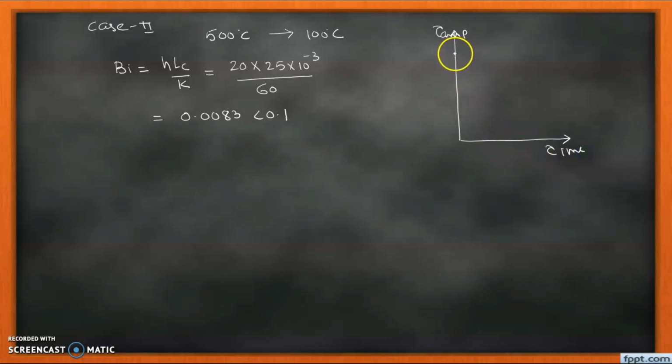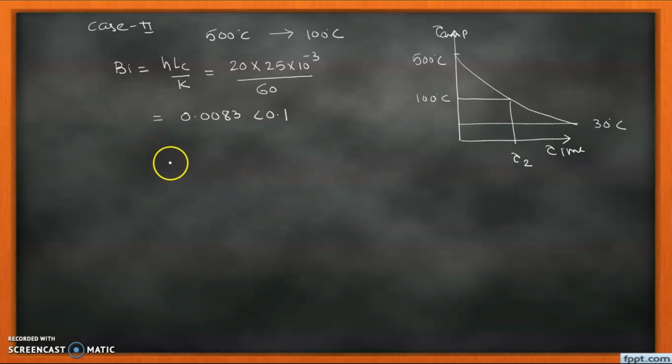So the initial temperature in this case is 500 degrees centigrade and the temperature of air is 30 degrees centigrade, and the exponential cooling happens in this way, but we have to calculate the time to reach the temperature of 100 degrees centigrade, and this time we indicate with tau 2. So now again we apply the formula, but before that we calculate hAs into tau 2, in this case divided by rho Vc. This parameter we require for the calculation of time.